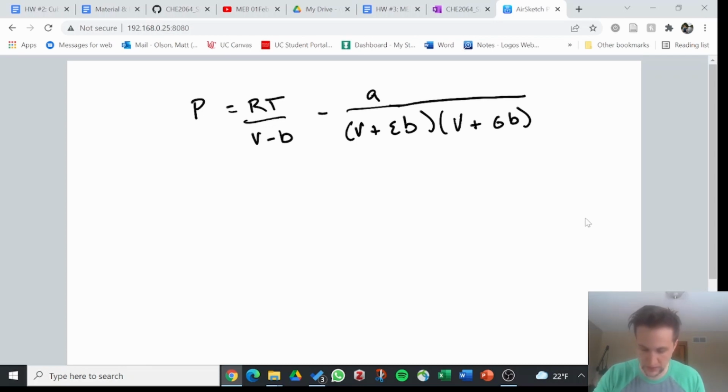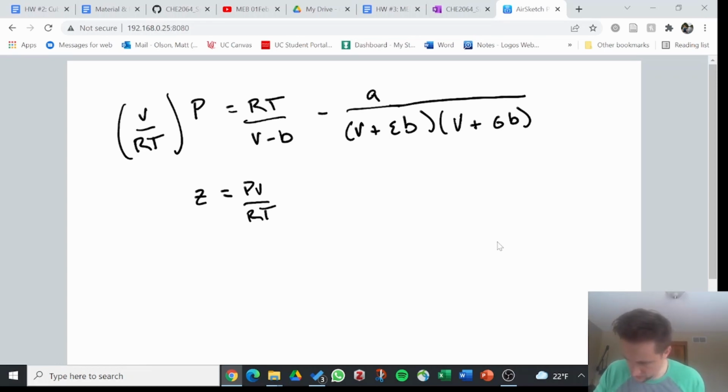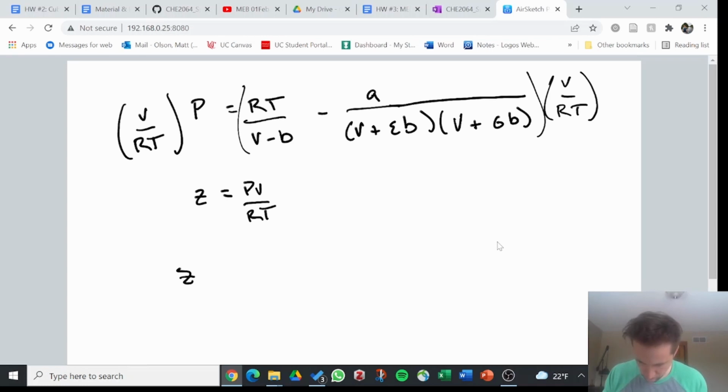Now what we want to do is get this whole equation with respect to the compressibility factor. Again, if we remember, Z, the compressibility factor, does equal PV divided by RT. So let's multiply this equation to get this as Z. What we'll do is multiply both sides by V, the volume, over RT. That will bring us to the left side being Z, and then we'll have V over V minus B with the RTs canceling out. Then here we're going to have A times V divided by RT,